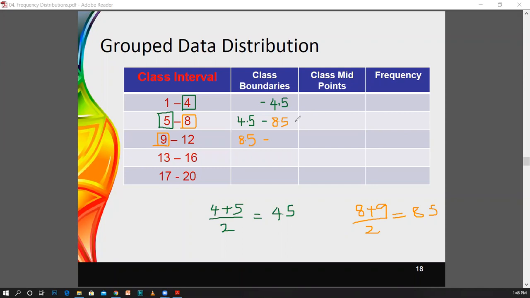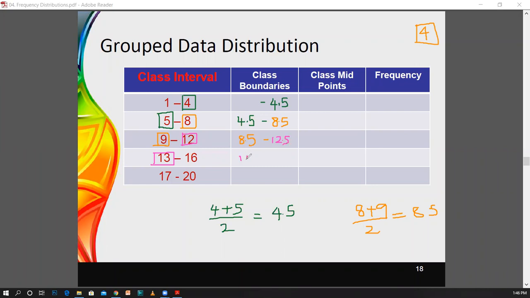If you take the difference between these class boundaries, it should definitely be equal to the class width. We have defined the class width as 4. Now you can see the difference between the class boundaries is equal to 4. Therefore, our calculation is totally correct. Then using the next two values, 12 and 13, you can obtain the value as 12.5.